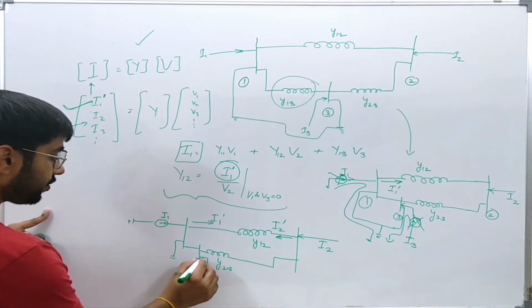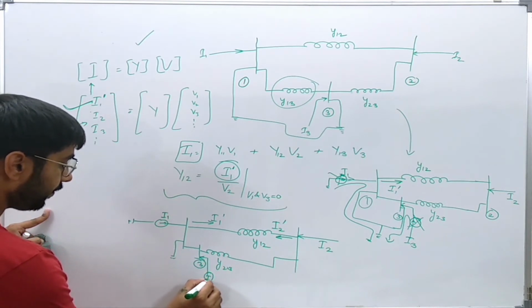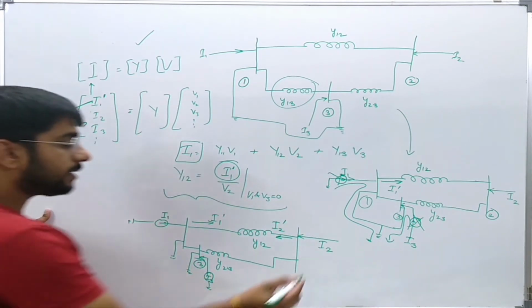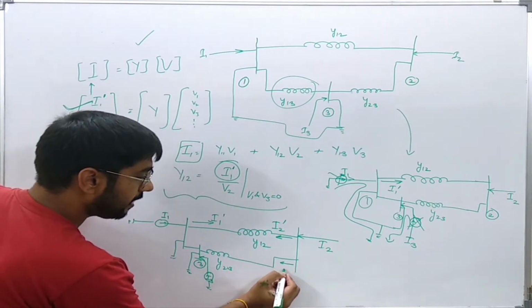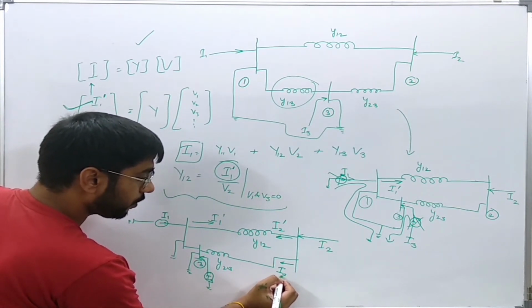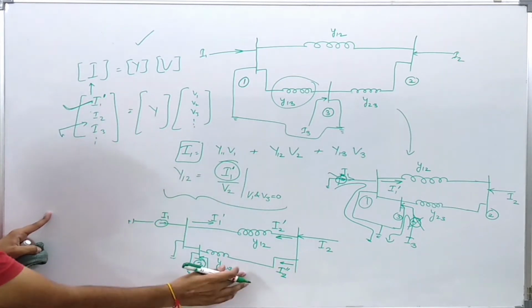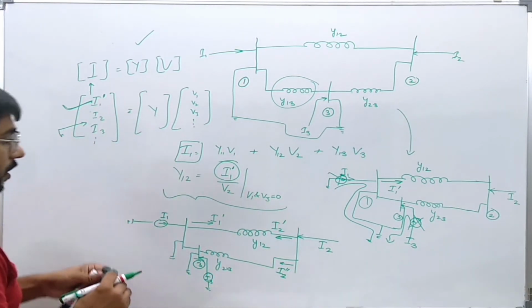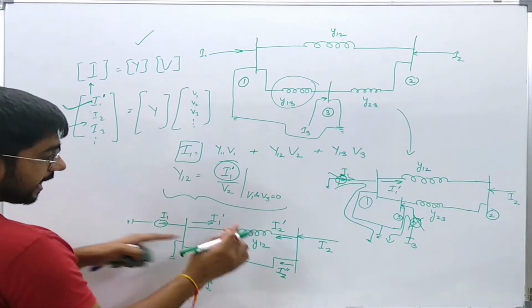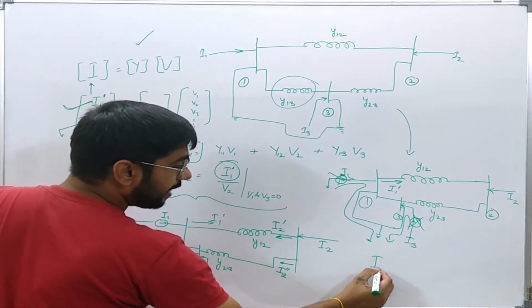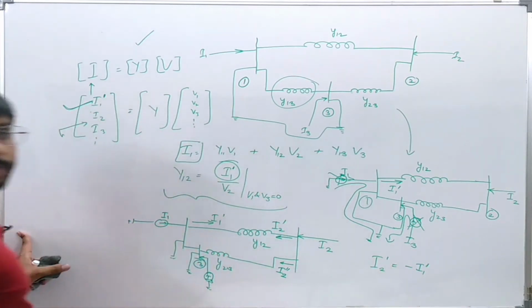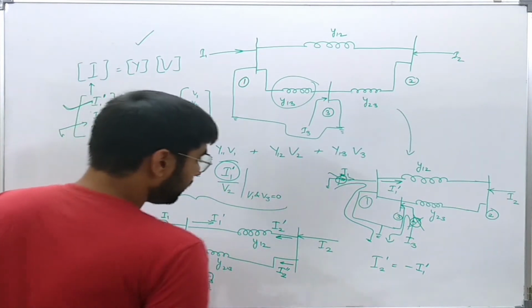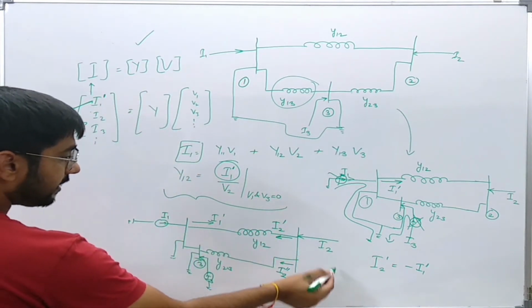Okay, this current is also shorted. Now this I2 is giving I2 prime in this admittance and I2 double prime in this admittance. Now from KCL I can see that I2 prime is equal to minus of I1 prime. Okay, so from this KVL,